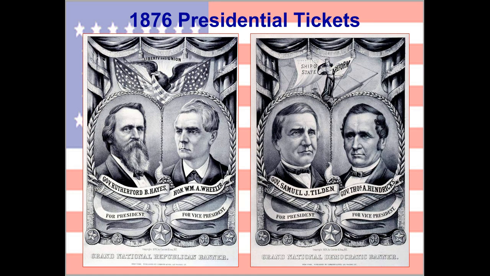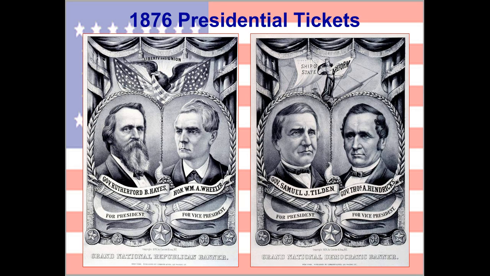Today we're skipping forward a little bit to the 1876 presidential election. Between that time period, or a little bit before, you're going to have Ulysses S. Grant as president. He was in one of your articles from yesterday, but we're going to talk about him a little bit later, and you'll talk about him next semester. But this is the 1876 election, and you're going to have the Republican candidate, Rutherford B. Hayes. You need to go ahead and write that down.